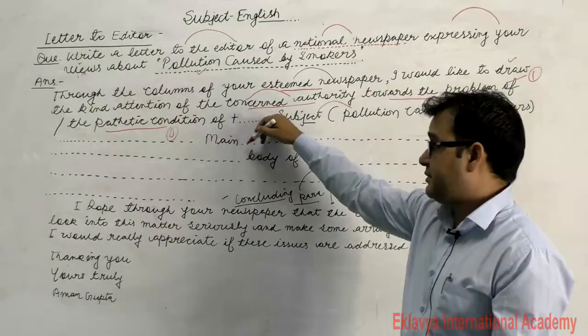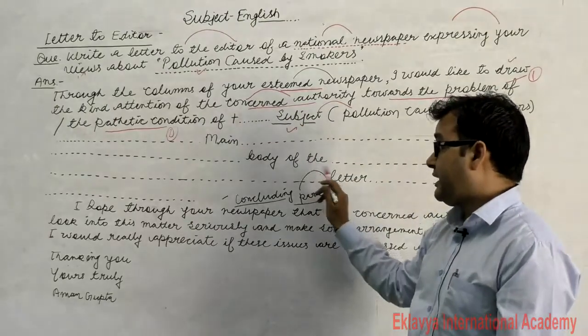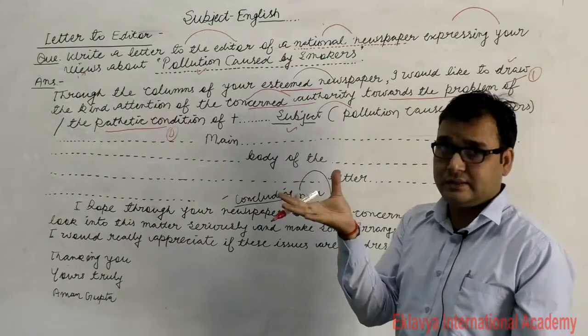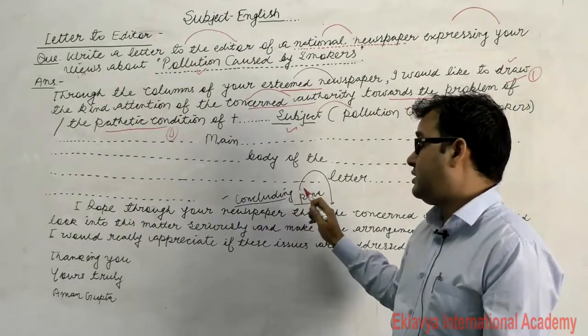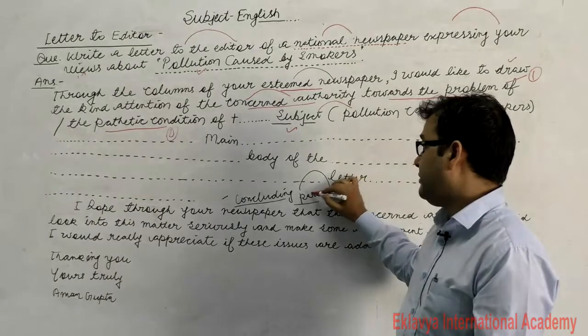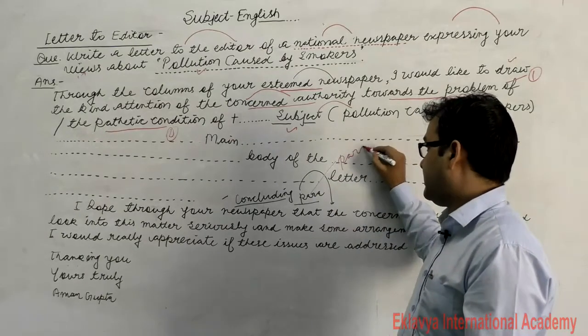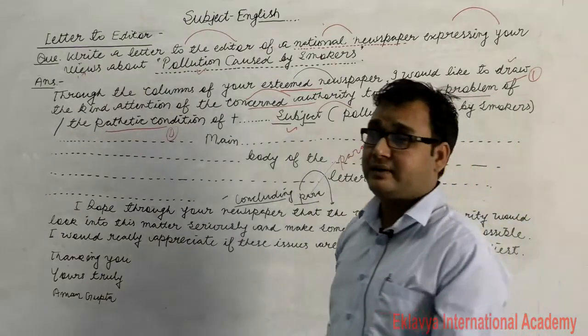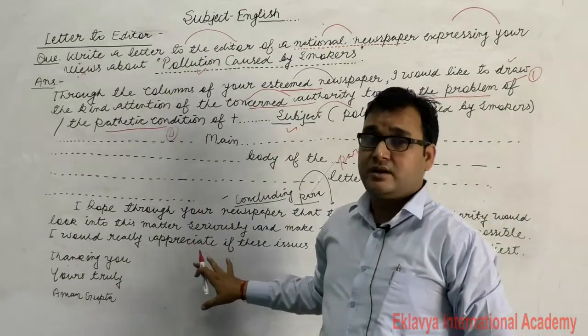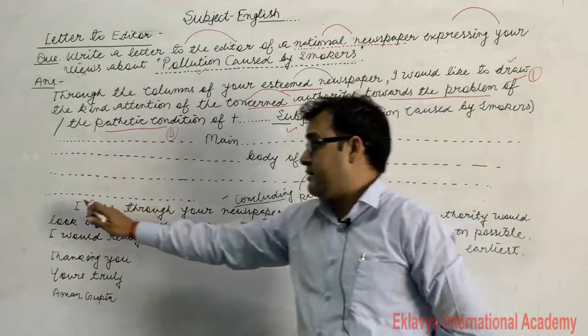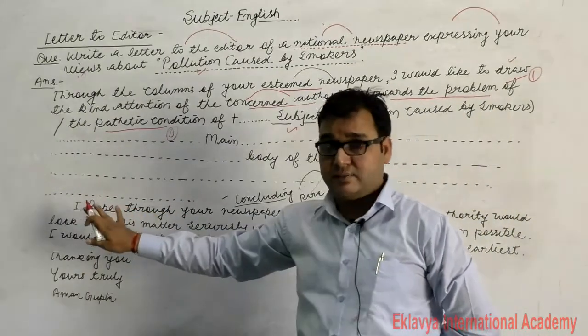Okay, students, then after main body of the letter, don't forget to mention the concluding para. Just after having main body of the letter, just don't forget to mention concluding para. What it is? Concluding para. मतलब निष्कर्ष वाली जो लाइन आती है वो लिखनी पड़ती है, उस फॉर्मेट में वहाँ पे आप डाल लेना. So what kind of line I have mentioned here as a concluding para, students? Leaving a one word space here, एक शब्द का space यहाँ पे छोड़ देना.